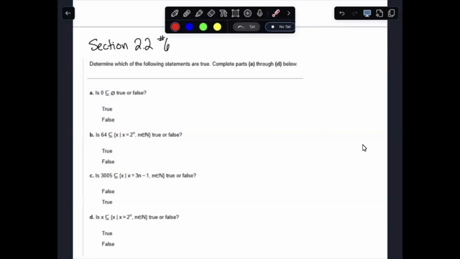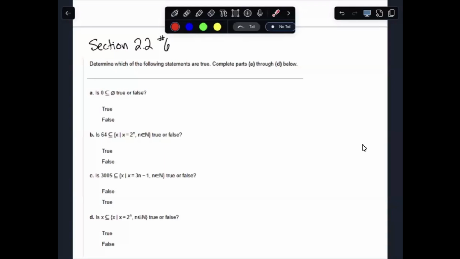All right, everyone, I'm going to go through this question from your MyMathLab homework. This is section 2.2, number 6. We had a few questions on the discussion board about how to go through this one, so let's just go through it together. In this question, you are asked which of the following statements are true, and all these statements